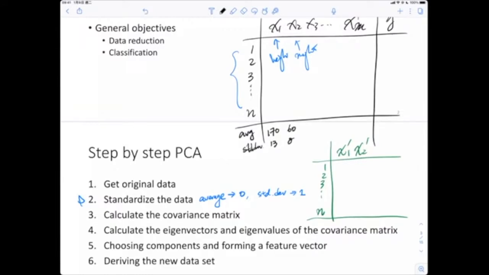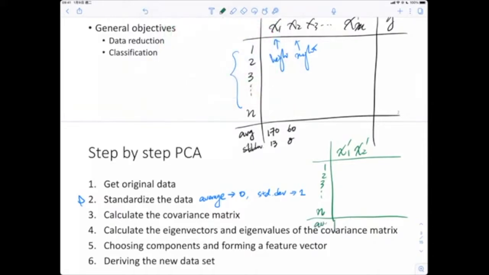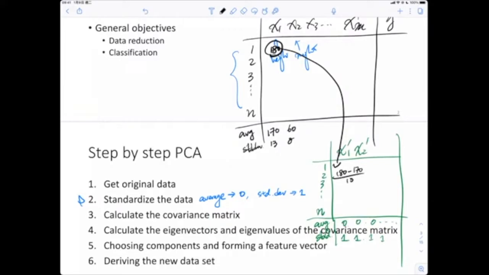To make it standardized, so that your average should be all zeros and your standard deviation should be 1, how do you do that? So 180 minus 170 divided by the standard deviation, that is the z-score, right?